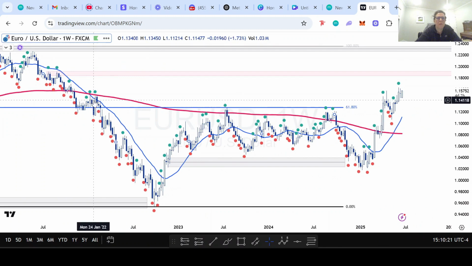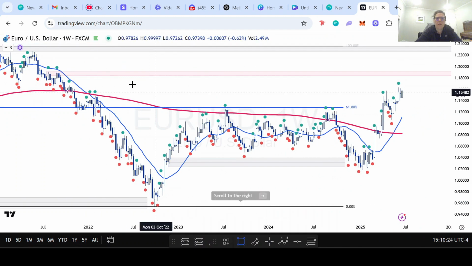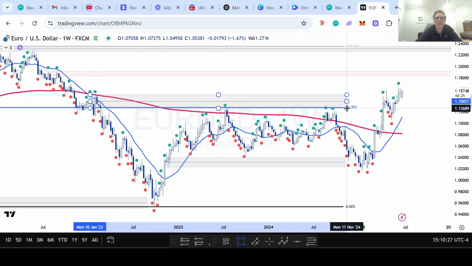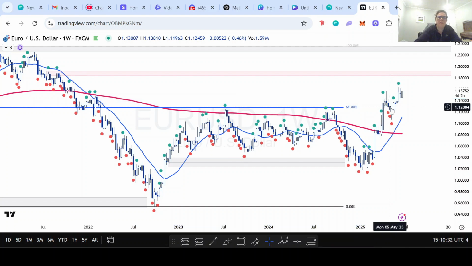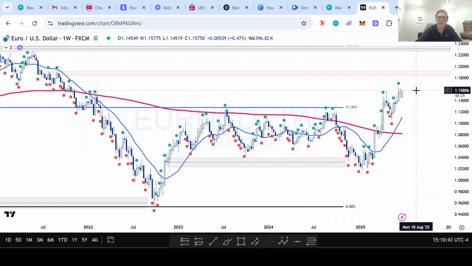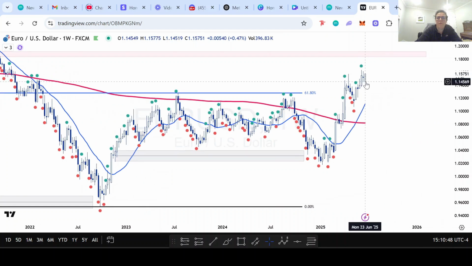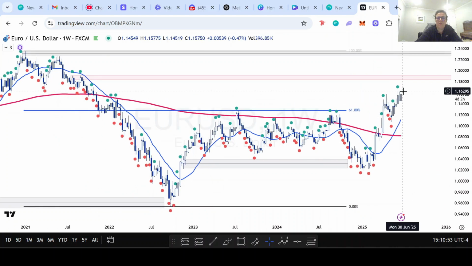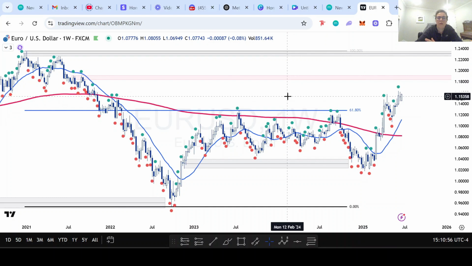Okay. So we had this liquidity here, which was taken out. And now the next liquidity is up here, also tapped into, taken out, which resulted in a slight pullback. And on the daily, we've just had confirmation on a bullish candle, which is why you can see this uptrend again. So we're currently in a long trade, and our next target is this